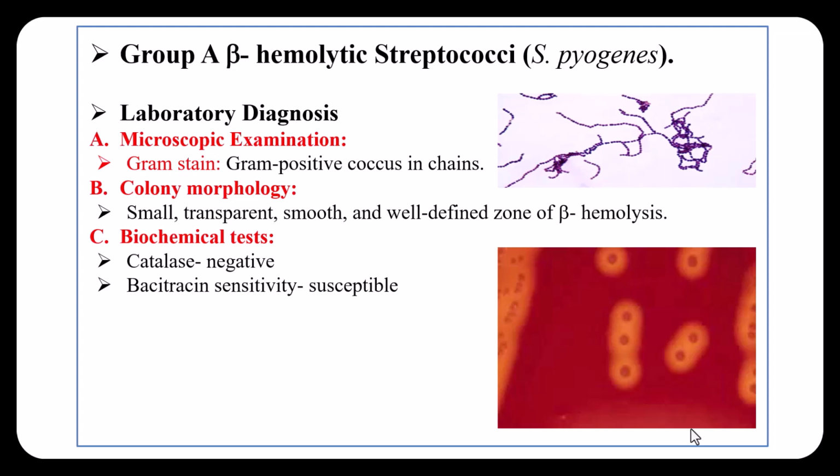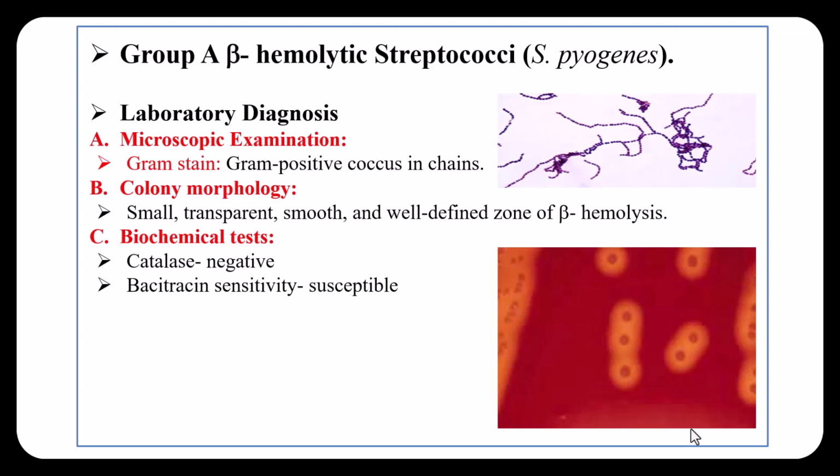After the microscopic examination and the culture characteristics, we do the biochemical test. All species of the streptococci are catalase negative. That means they don't have the catalase enzyme. And when we do the bacitracin sensitivity test, we can differentiate between the two beta hemolytic streptococci, Streptococcus pyogenes and agalactiae, as Streptococcus pyogenes is sensitive or susceptible to the bacitracin antibiotic,